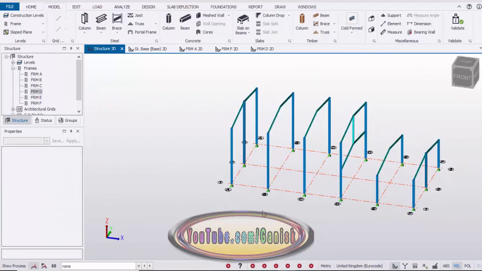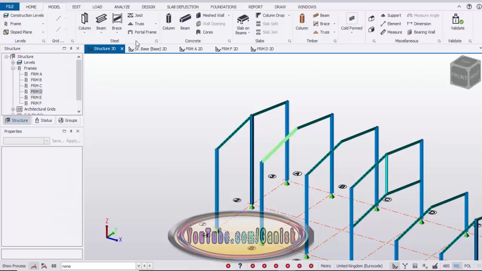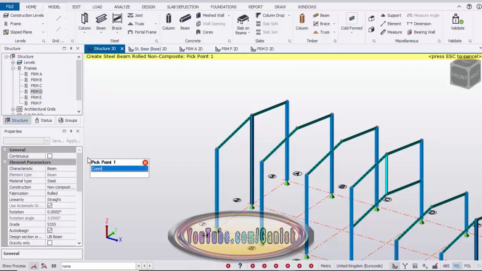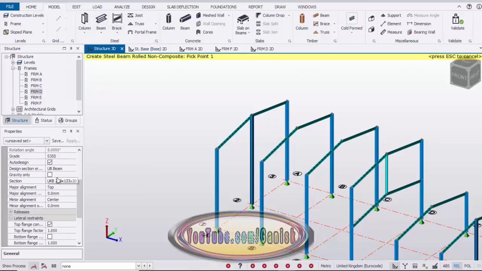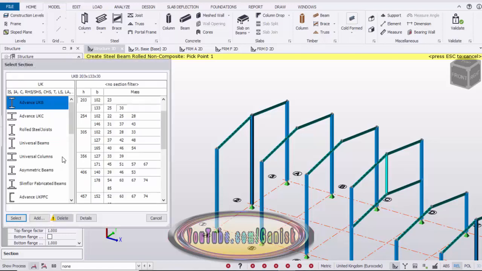Okay, now we're going to place the struts at here, eave level and ridge levels. So select this beam and scroll it down and now we're going to change the section here, section order, design section order. Scroll it down.